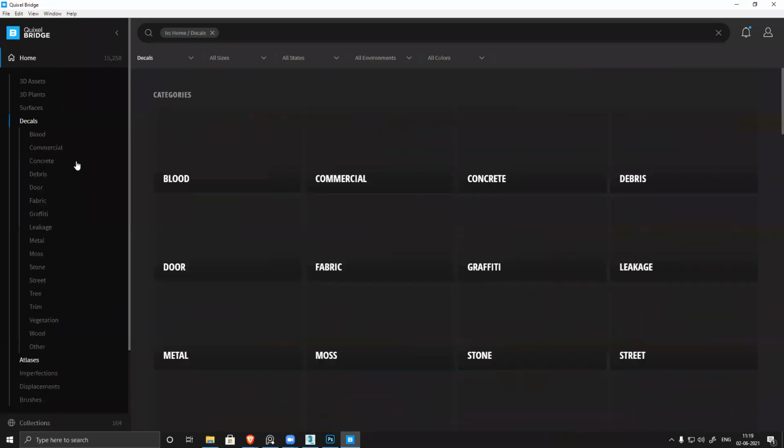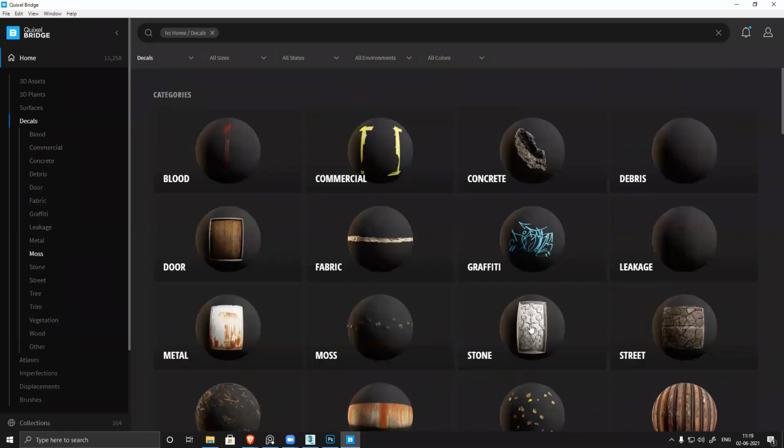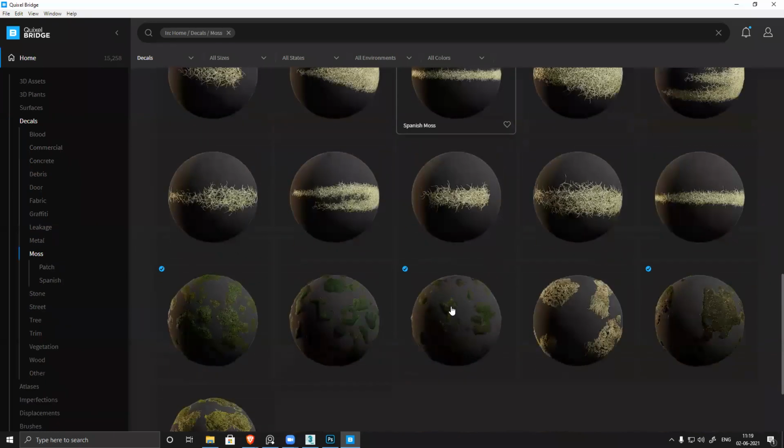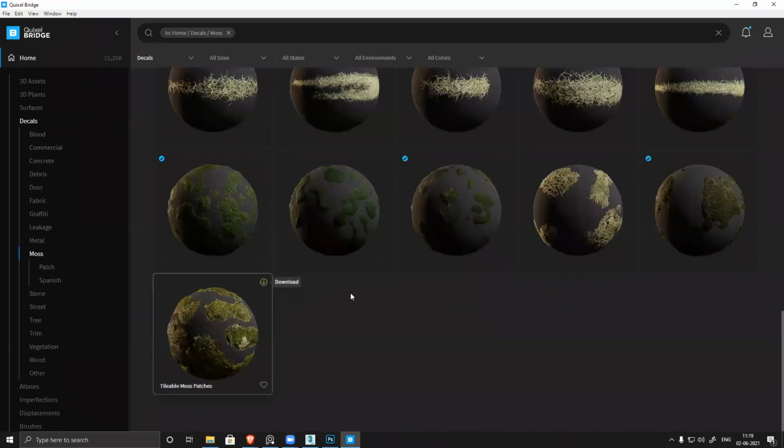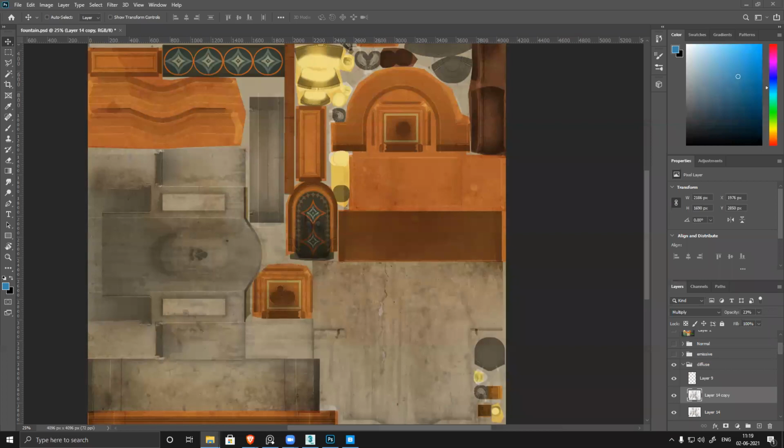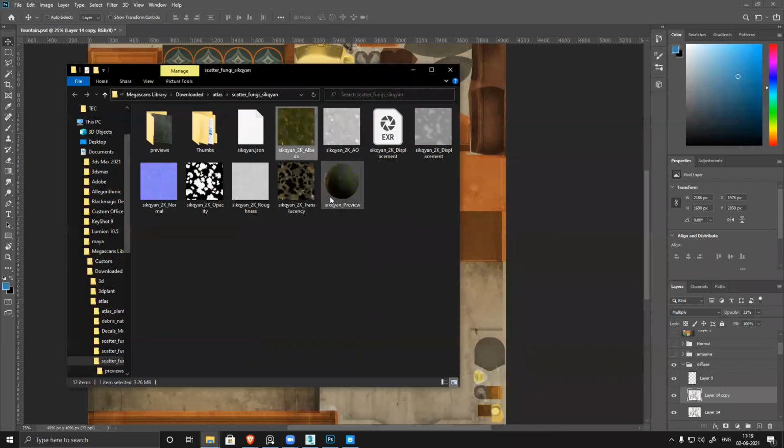Oh, sorry, I'm checking Atlas. So you can see I have moss around, but it's really prominent. This much moss I don't want. Still, if I suppose I want to use something, I can use it. Mask is also there. You can see diffuse also there. So if I want to, I can use some other map just to generate that section.